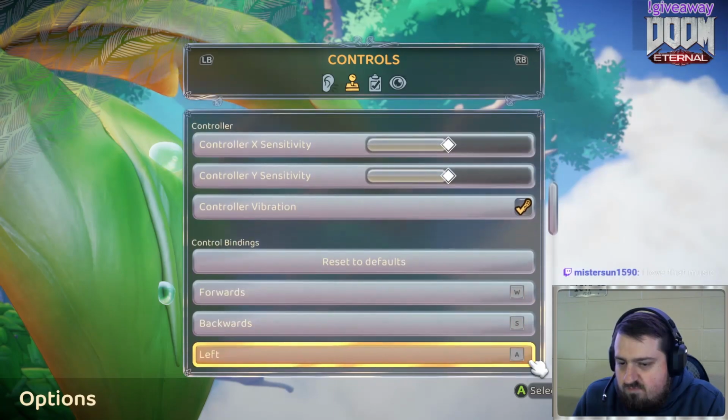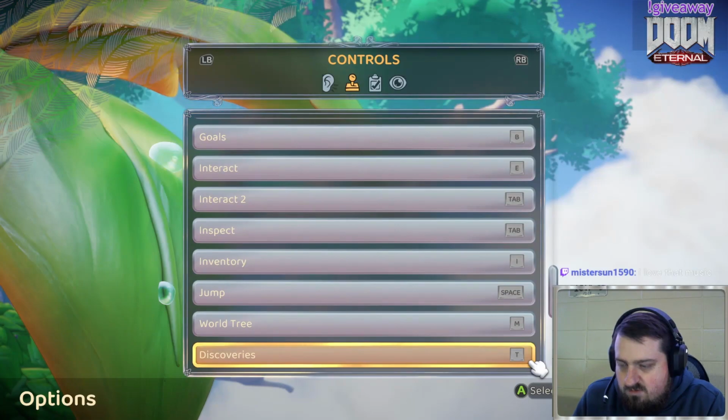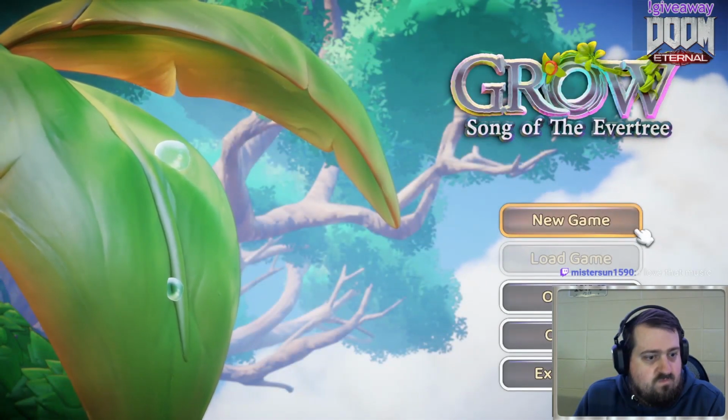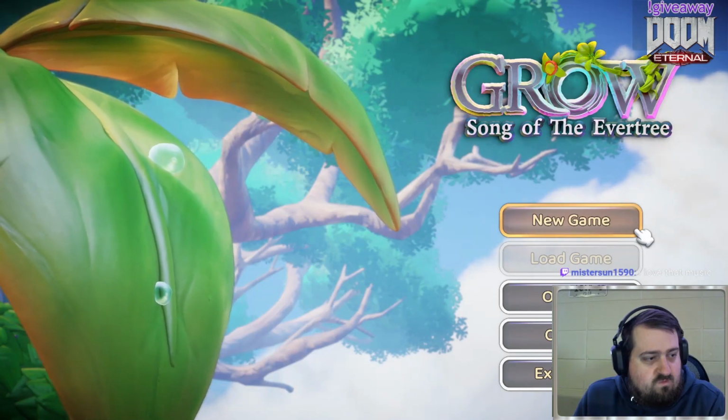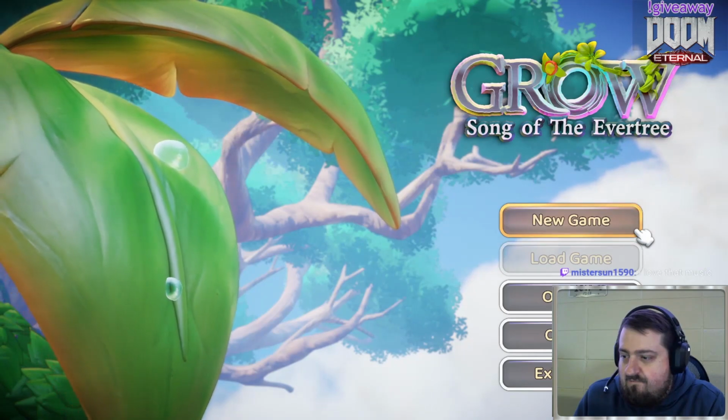I see the life tree calling the children of the Evertree to the garden. I see the kingdom flying through stars and the wind, singing